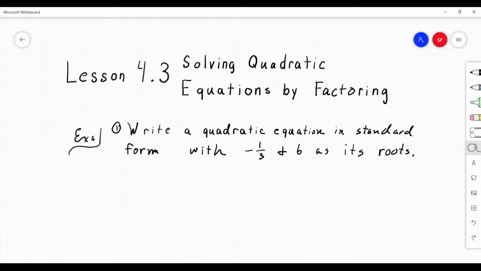Starting with lesson 3. Write a quadratic equation in standard form with negative 1/3 and 6 as its roots. Okay, so here's a few things that are important to know. And this is probably what we were going to write, and then I was like, well, it's about to be spring break, and our time is up, and if we keep going, y'all are going to forget it all, so let's quit. That's probably what happened. I probably said almost exactly that. And so,